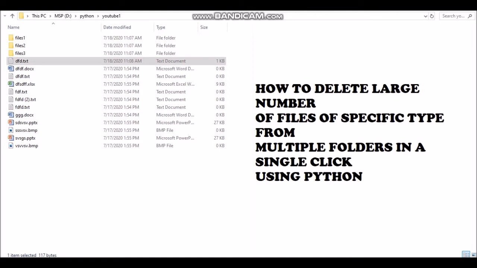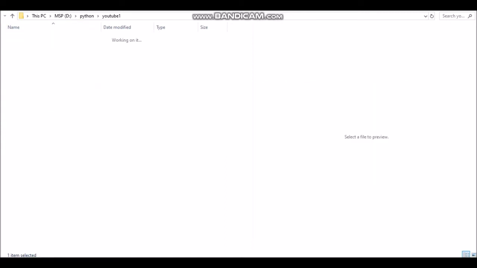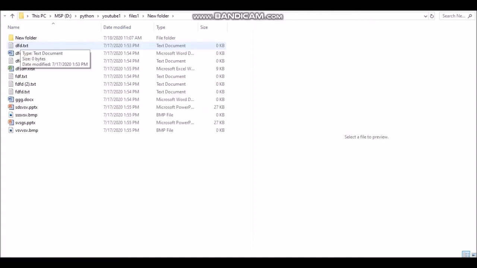Imagine you handle a very large number of files and you find out that you don't want to keep those files anymore as they consume a lot of space in your drive. For deletion, you may need to visit each directory and perform the task manually. But using Python you can automate the whole process and in a single click you can remove the unnecessary file